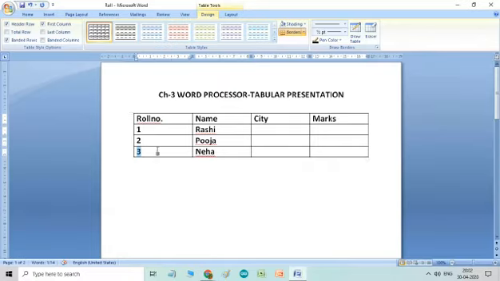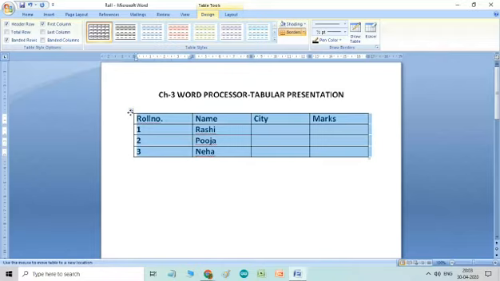Now children, I want to tell you about moving and resizing a table. As you see in the topmost left corner, this four-headed arrow is coming in one box, and on the right hand side, down in the corner, one more empty square box is coming. So it has some purpose. To move a table, sometimes we want to move our table from one place to another. So what you can do, click on the table, then you notice the plus sign.